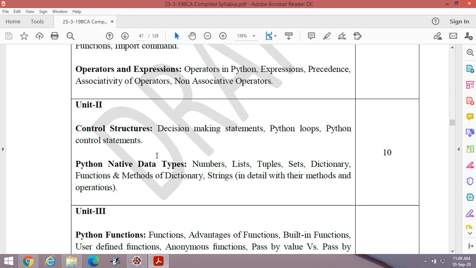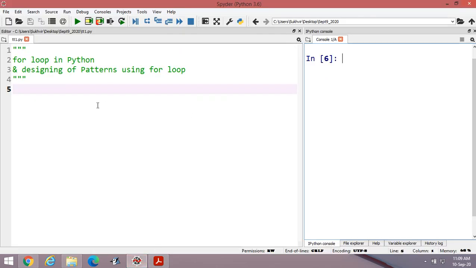In the previous lecture, I discussed Python loops, but I covered only the while loop. In today's lecture, I will try to cover the for loop and the nested for loop. For that, I am using the Spyder platform. Before I proceed with the for loop in Python,